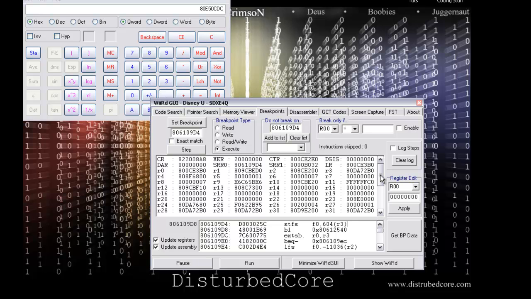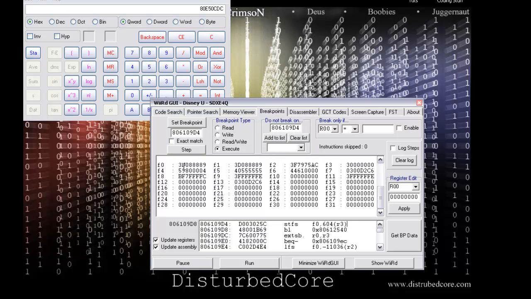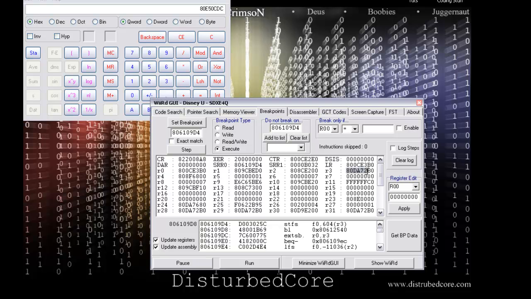So as you can see, it says store from float register 0, which is right here, to register 3, which is right here, and it contains our target address, plus 604 addresses over. So that's that. We're going to go to disassembler now,